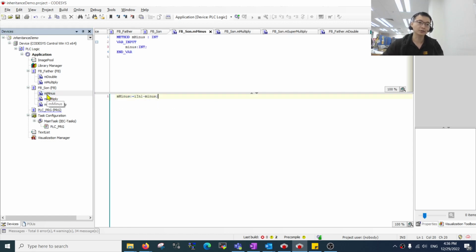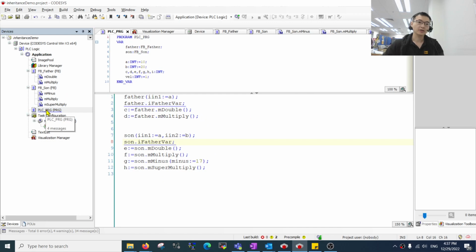Lastly, just like how I added a variable, I also added a new method, to show that you can add your own stuff to the function blocks. You can see that the function block over here has nothing, and that's only one input. When we go back to the program,